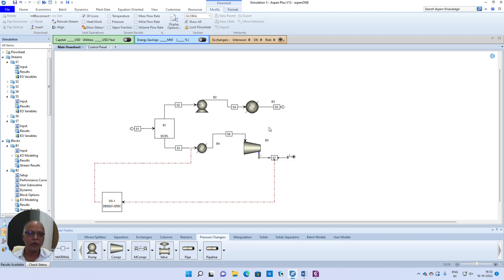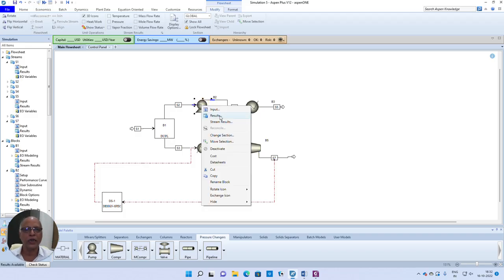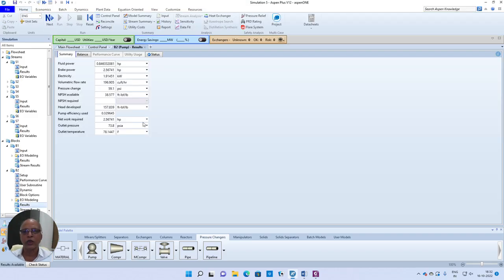One way of looking at it is, what is the energy requirement for the first option, and what is the energy requirement for the second option. And please check which one is going to be higher or which one is going to be lower, or whether they are equal. So to do this calculation, let me just look at individual results of these blocks. So in the case of the pump, the amount of network required, let me put it in some units, kilowatts. You can see the amount of work required by this is